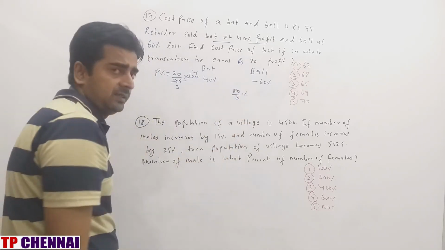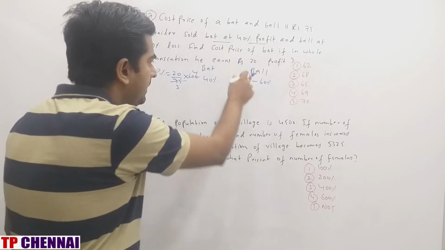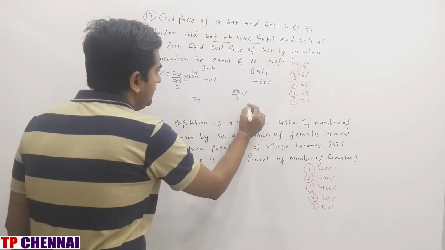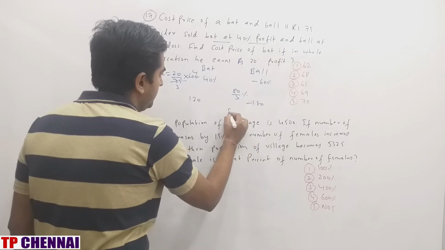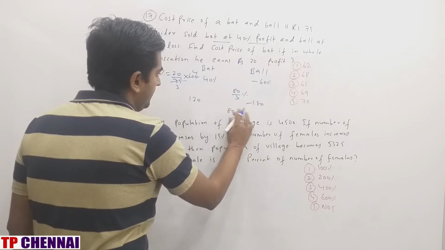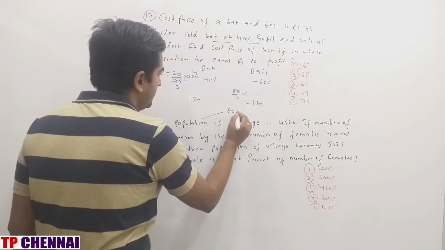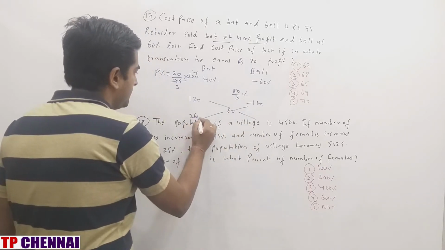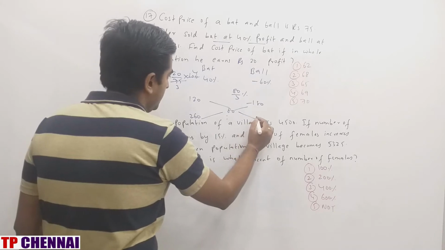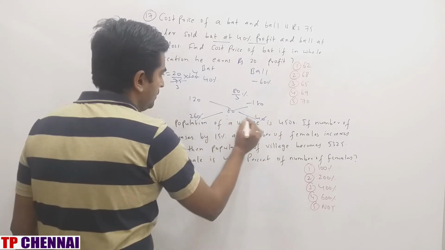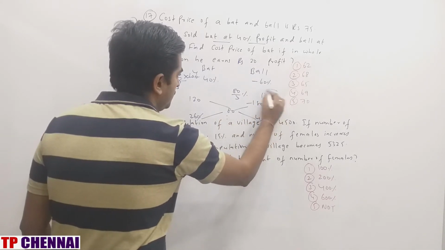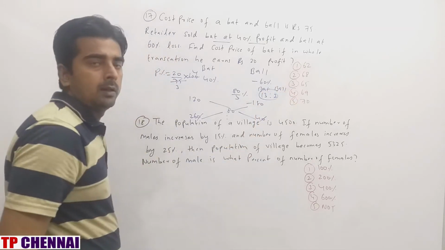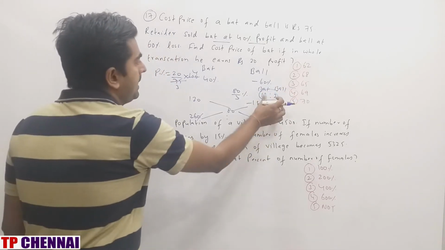But here a fraction is there, right? So multiply everywhere with the LCM. LCM is 3. So this is 120. This is how much? Minus 180 and this is 80. Right? And now I am going to use allegation here. This is 260 and this is how much? 40. So my ratio is 13:2. This is bat and this is ball, right? So total parts are 15